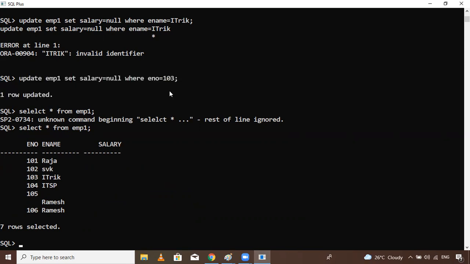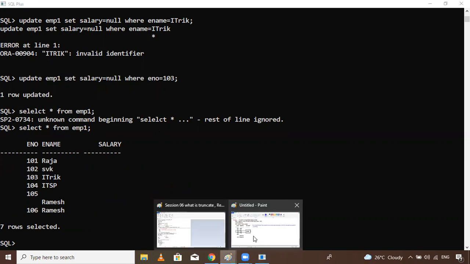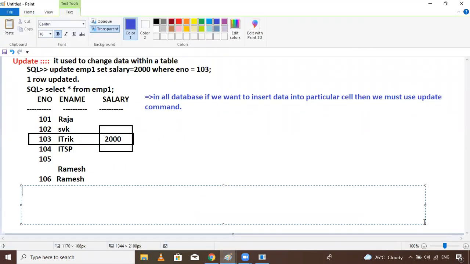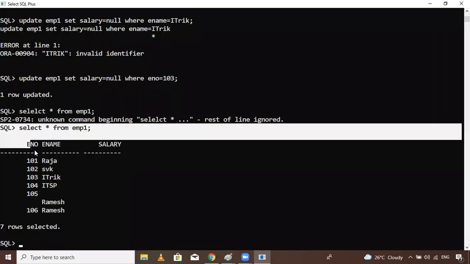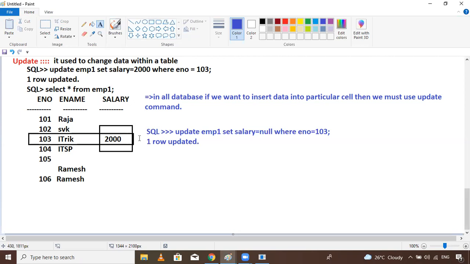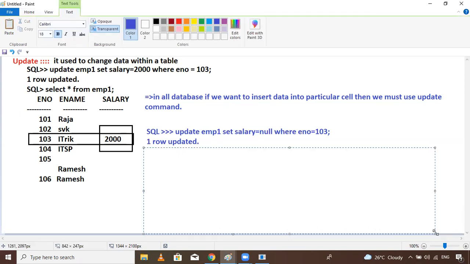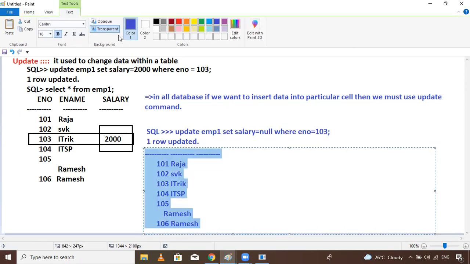It's working commands. Control C here, important. Control V, SQL. Okay, so now here also put it here. Good. Okay, copy this, paste it. Control A, and I should change the color. This one is good. Okay.